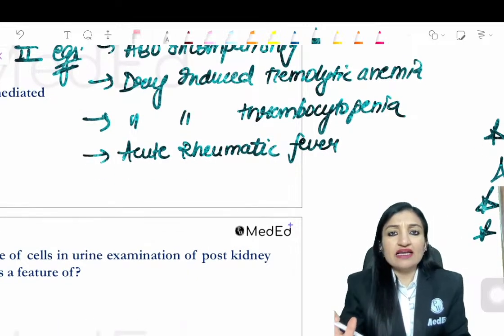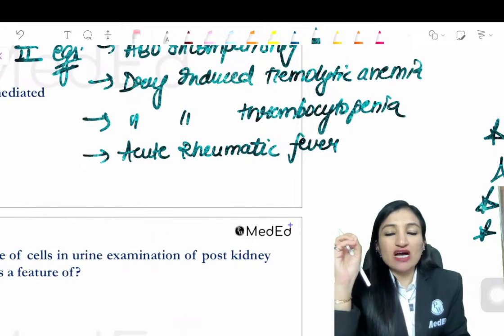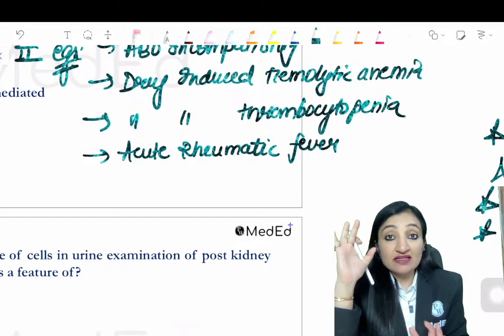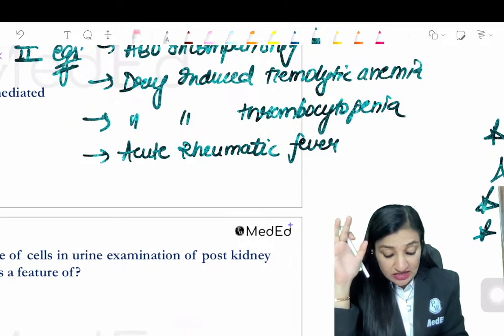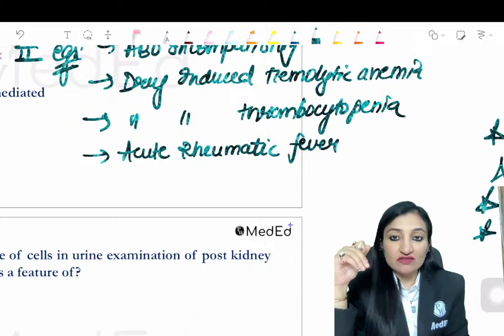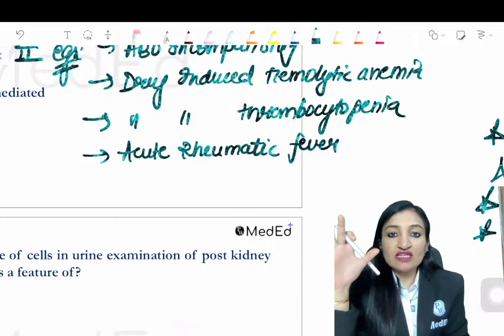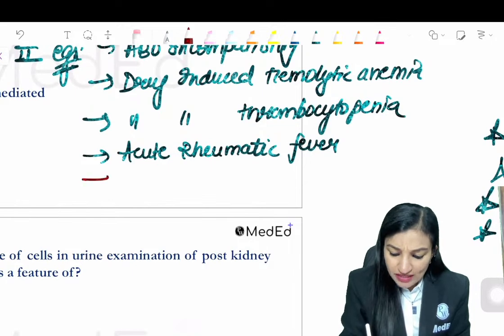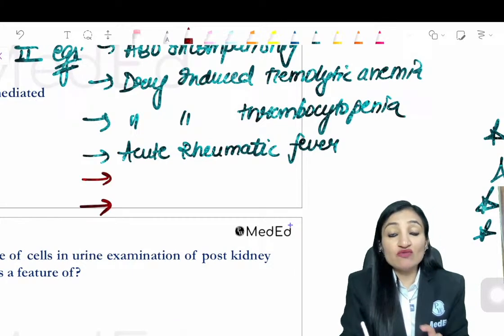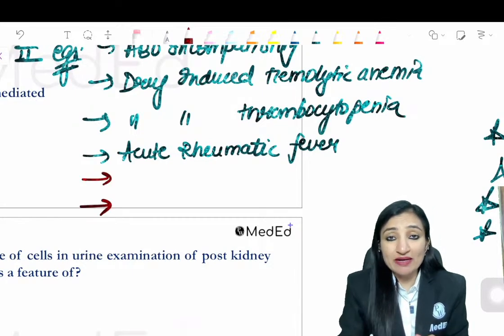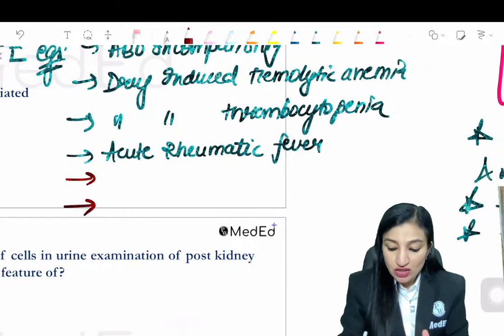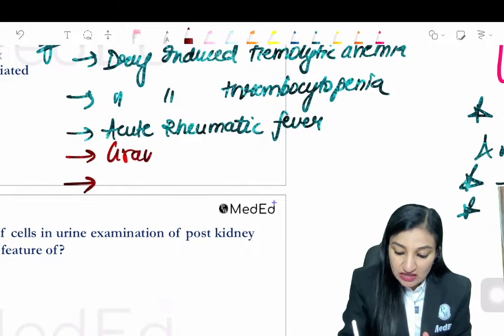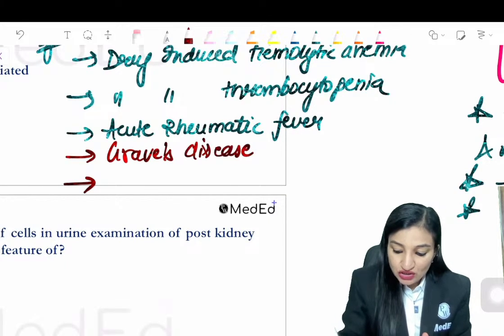Now, any peculiar examples of type 2 hypersensitivity where the cells are not getting destroyed? On the contrary, the cells are either overactive or underactive. See, excess of everything is bad. Overactivity is also bad and underactivity is also bad. So let me write two more examples of type 2 hypersensitivity where the cells are not actually getting destroyed but there is overaction or underaction. Overaction example is Graves' disease. And underaction example is